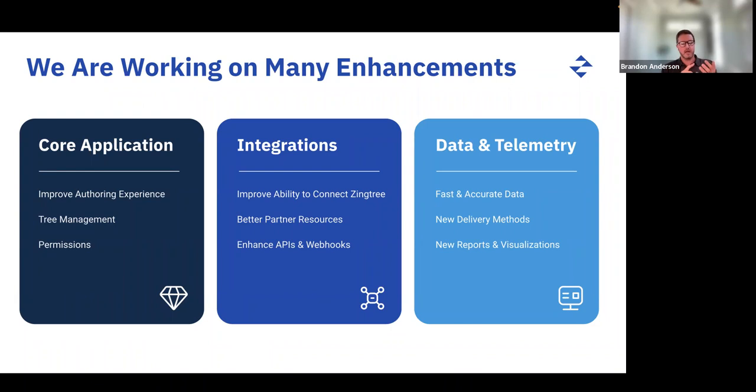So what you're going to see is a concentration on integrations to core technologies, also more integrations that you can use within a tree building process itself. For example, we have an integration with Slack where you can shoot off Slack messages within the tree building process. We want to add more capabilities for you to have more different integrations that you can utilize within that tree building experience. So there's a team dedicated to building those out right now. I'm excited as we bring some of those into production and out to our audience.